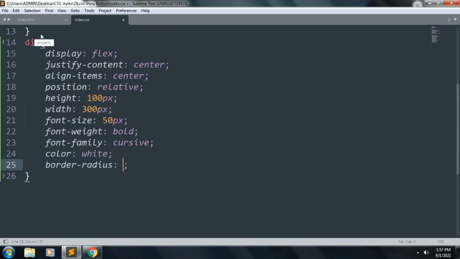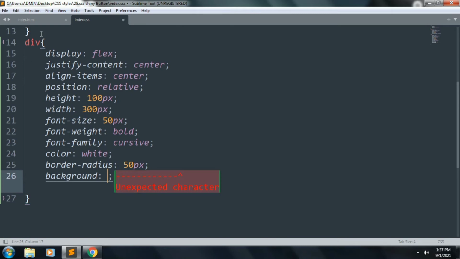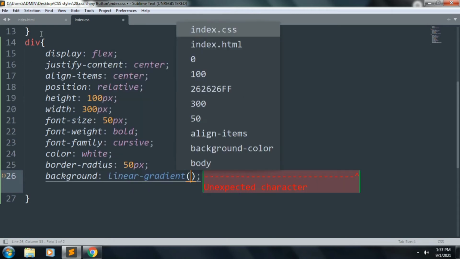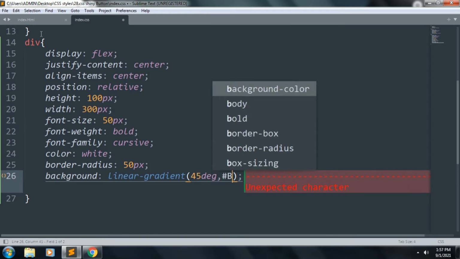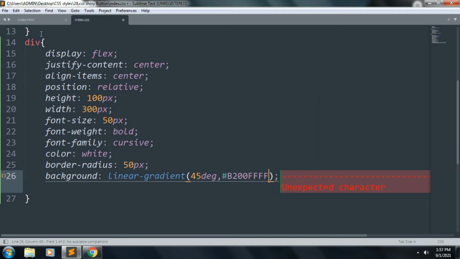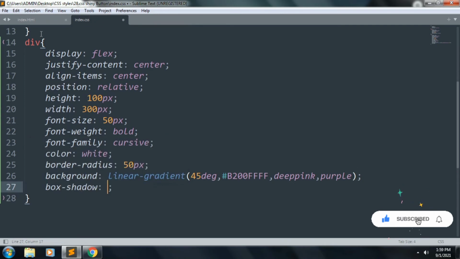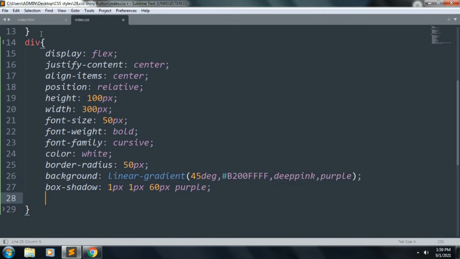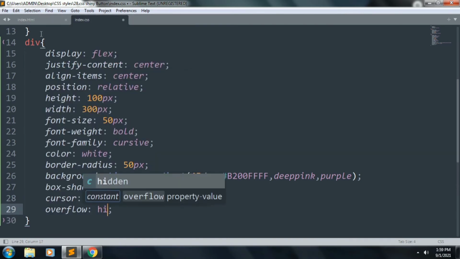And we want a border radius of 50 pixel and background linear gradient 45 degree, #B200FFFF and deep pink, purple, and we want a box shadow of 1 pixel 60 pixel and color is purple, cursor pointer and we want overflow hidden.